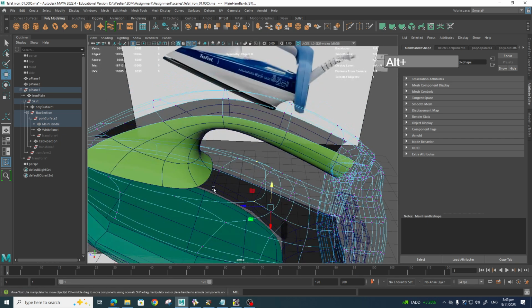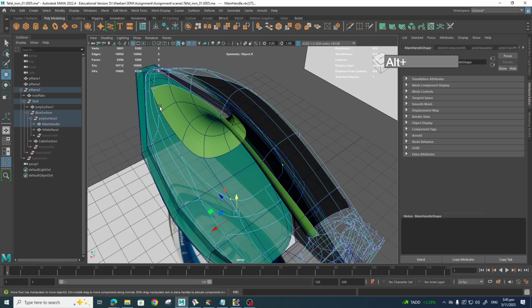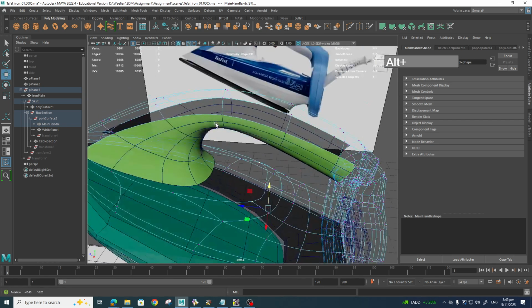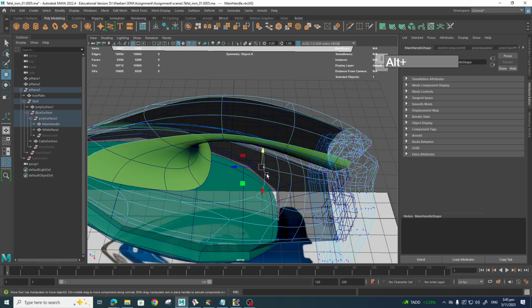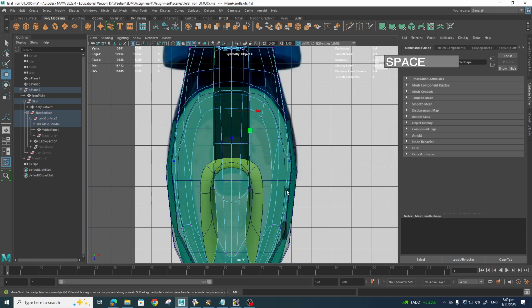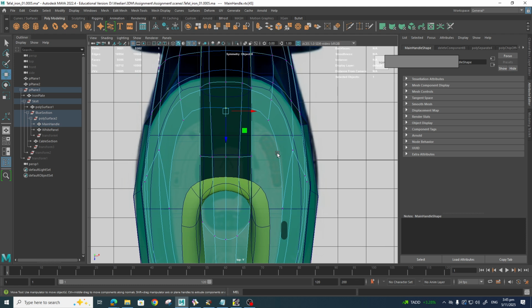Okay, good. So now we have this flat section, and we need to extend this part, which is supposed to be this white section here, out until it reaches this section. Let's go to the top view and check that the shape matches, and then this one we can move back here. And cool. Alright, we got the